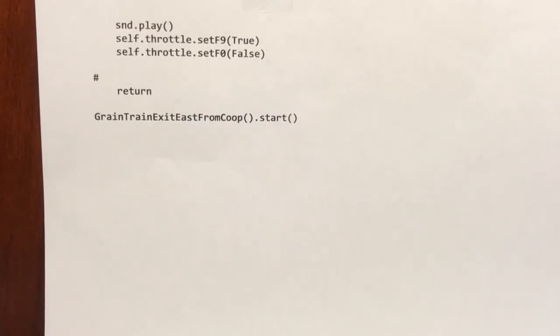So, that's a little simple program. Took me a while to figure this out. My next step is to be able to call one program and then call another program and another program. That way I can string together the movement of the train across the layout and get the timing right from one step to the other without having to start clear over when the timing's not right. So I'll get this working. I'll do a video of the whole thing as the train runs. And right now I want to have you